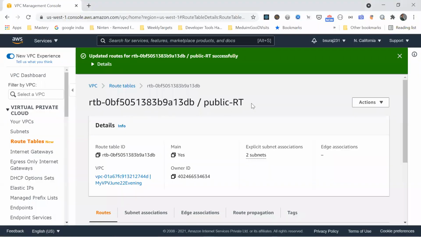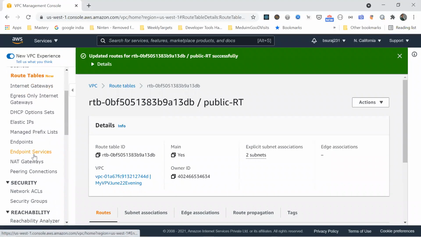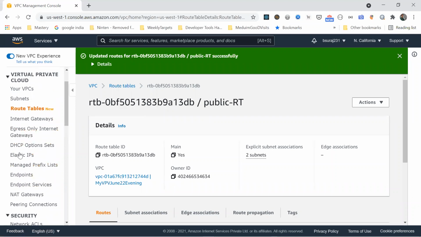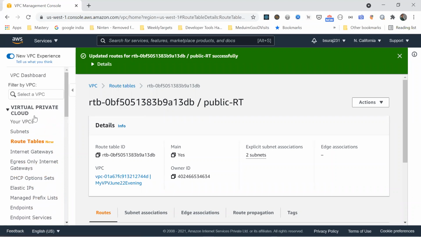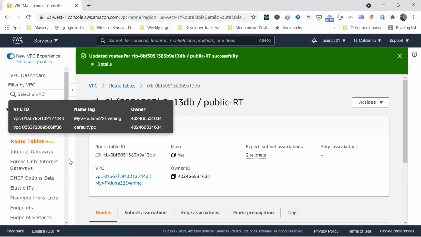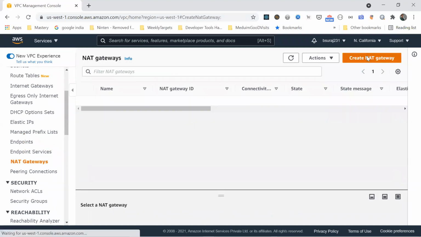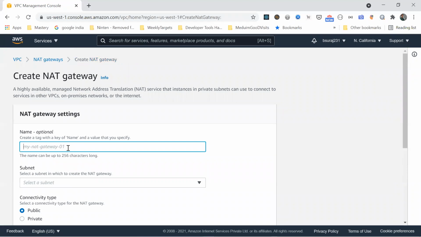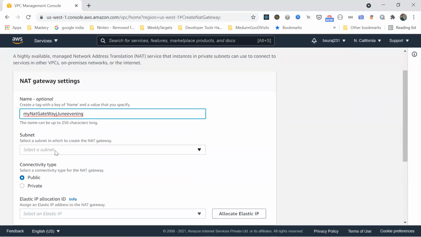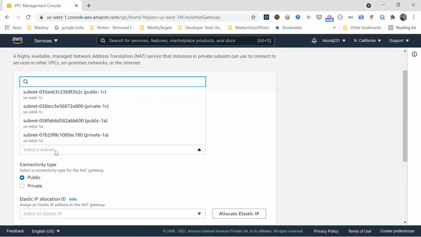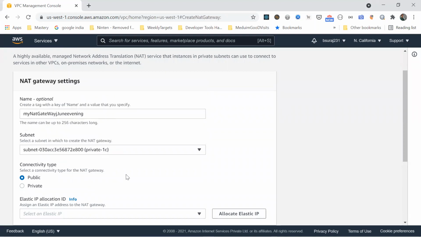Okay. So let's go to the route table. Let's create one NAT. Where is this? This is a small change. VPC, let me go. No, I want NAT. Yeah, NAT gateway. So create a NAT gateway, and we'll name it my NAT gateway. Subnet: what is the subnet associated with it? All are private, right?